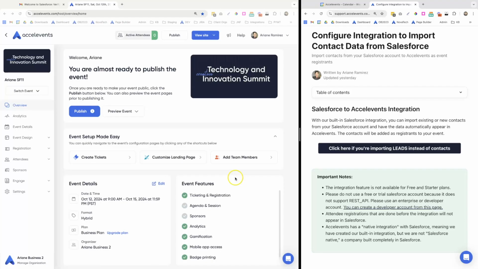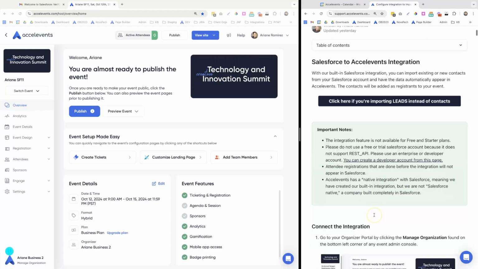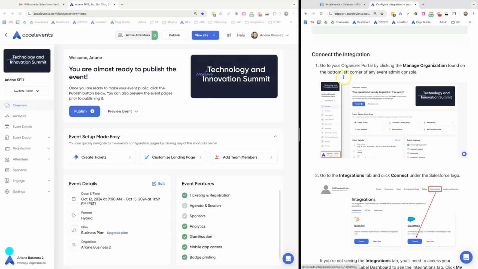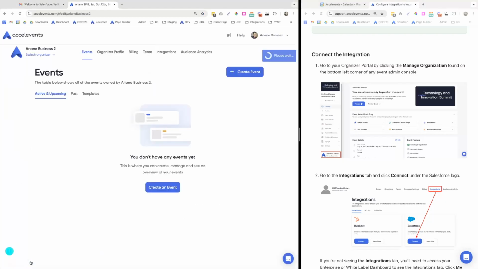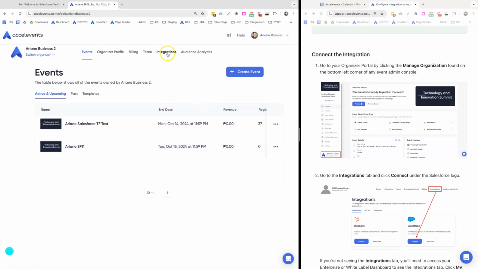In this video, I'll show you how to set up your integration so that you can import contacts from Salesforce to Accelevents. So let's start. If you're in your admin console, just click Manage Organization at the bottom to go to your organizer portal, and then click Integrations,